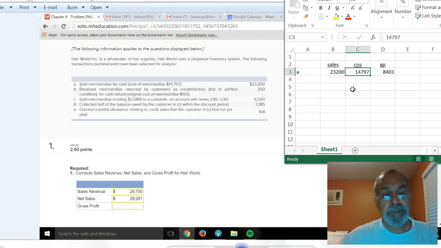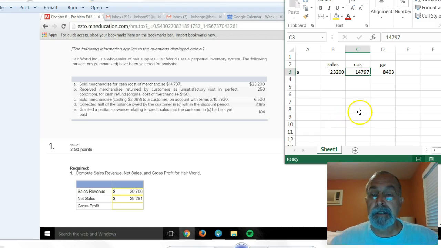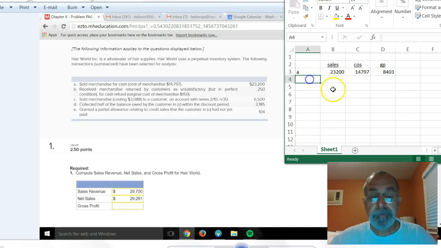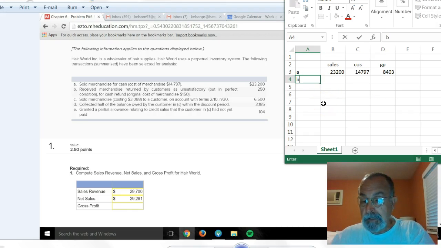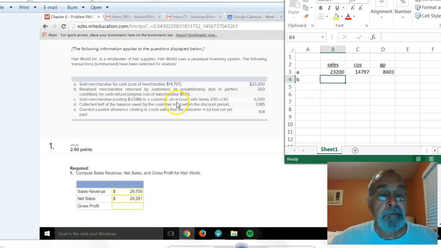But this particular part of this problem isn't asking for journal entries, but we need to remember that journal entry is required for every transaction. Okay. So for B, the amount of the sale return is 250. Now I'm going to show this in the sales column,